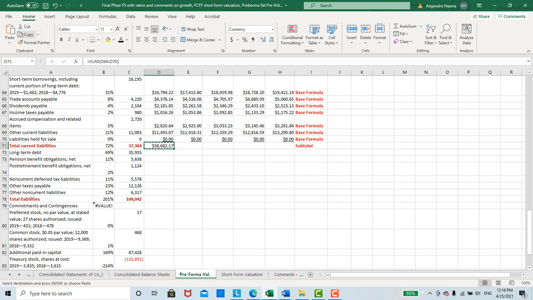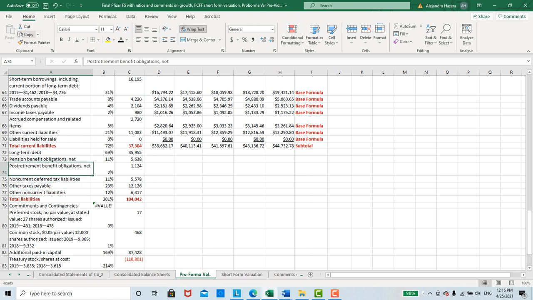Okay, so there's your current liabilities. Should be growing slightly. Yeah, they're growing. Once again, since I held some, it'll be growing at the rate of sales until we get the final balance sheet number here. Okay, now on current liabilities, I would hold all these items here constant because I really